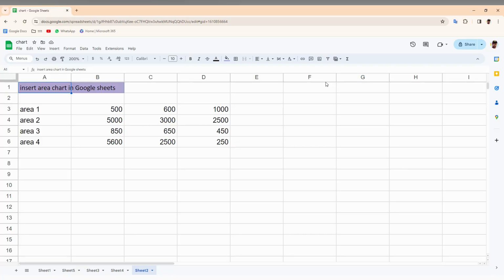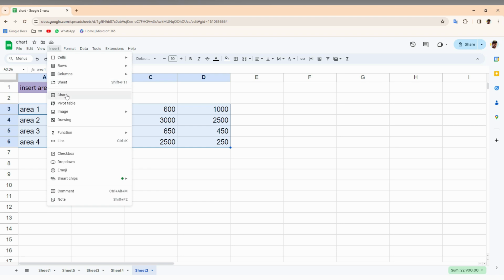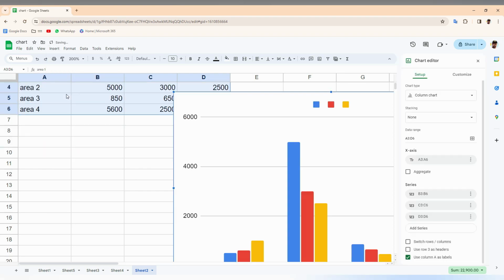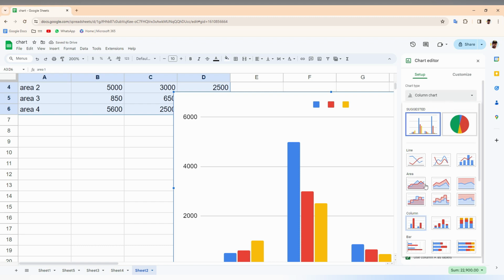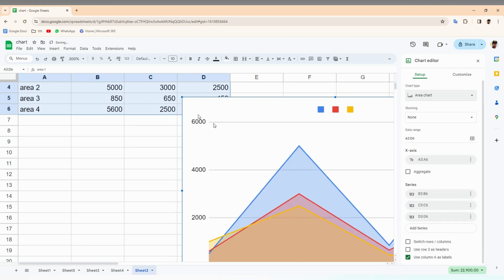So how to insert an area chart in the Google Sheet on the web on your computer. It's easy and simple. First of all, select the data. You just need to create a chart. Then click on the insert option and you will see an option called chart. Click this. After clicking the chart, you will see an option here. You just change this chart type from column chart to area chart and resize the chart and place